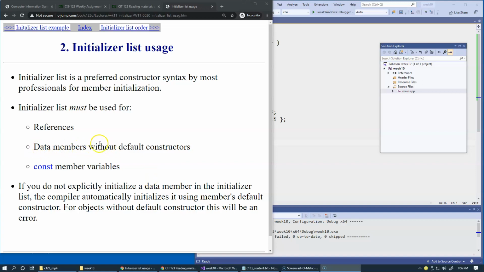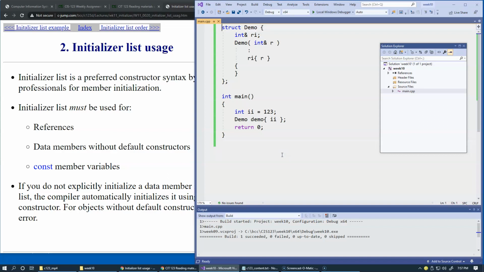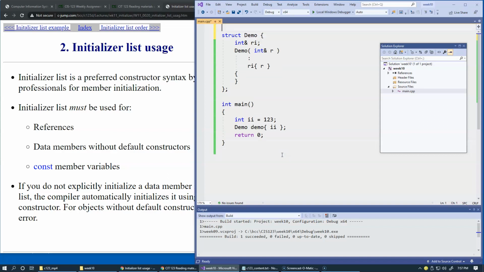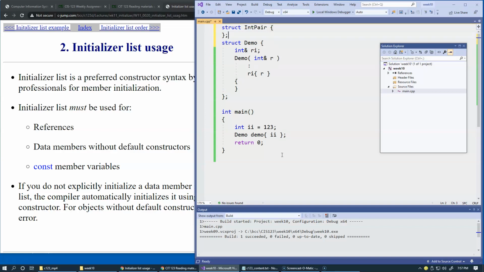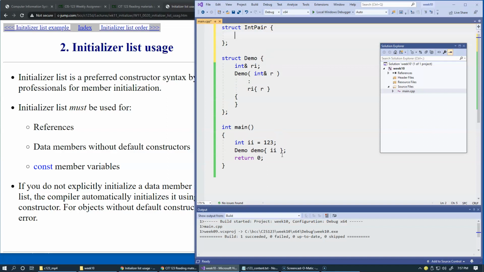To demonstrate the need for an initializer of a data member that doesn't have a default constructor, let's create another small structure, and this structure we can call a pair. Okay, so we have a pair, and we can also call it int pair, a pair of integers. And this structure we will define as a pair of two values, int